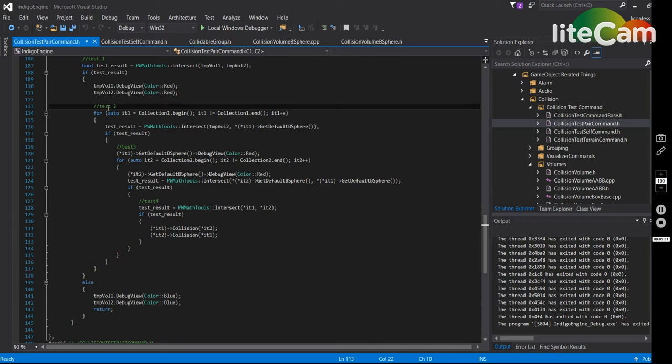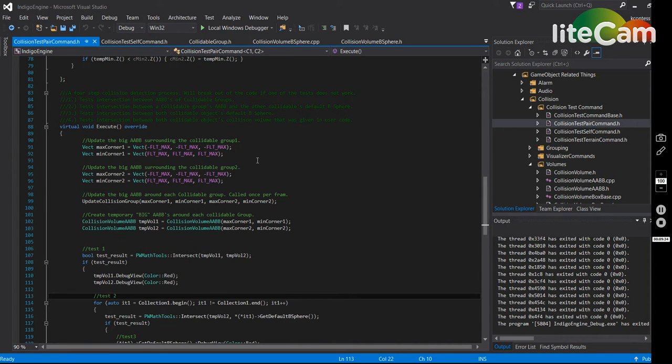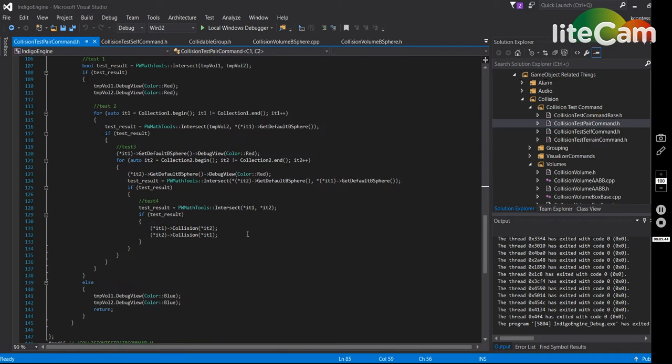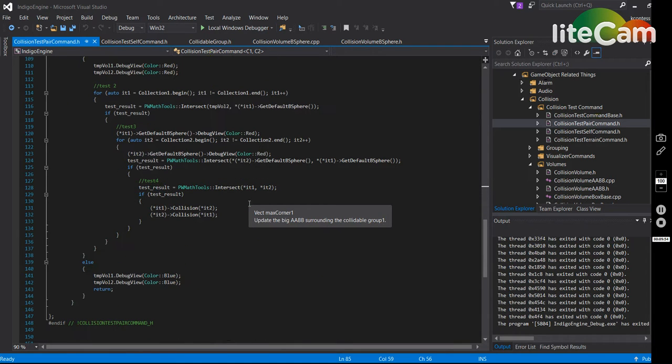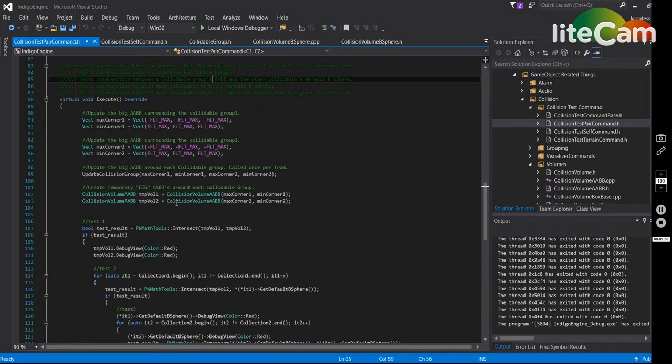Test 1 basically just tests the intersection between the big AABBs and the collidable groups. Test 2 tests the intersection between the collidable group's AABB and the other collidable's default B-sphere. So it's still the big AABB with the B-sphere of the other group. And then we go into test 3, which does the intersection between both collidable objects' default B-sphere. And then we do test 4, which will test